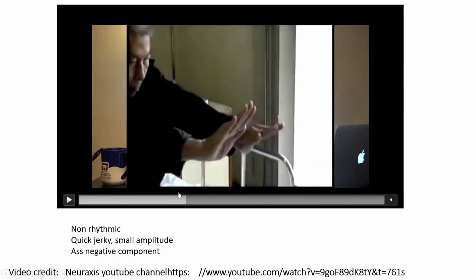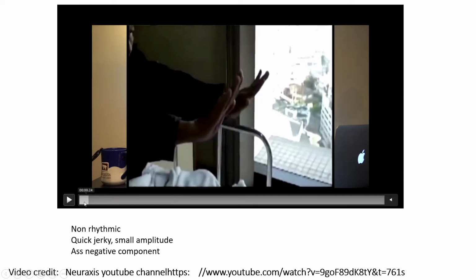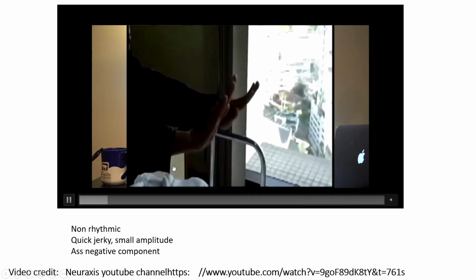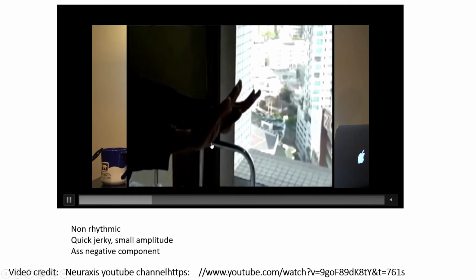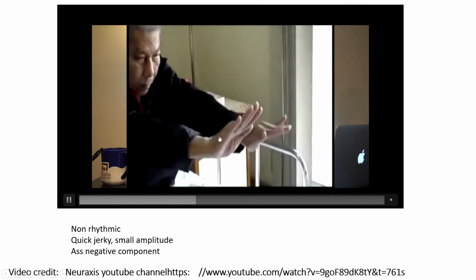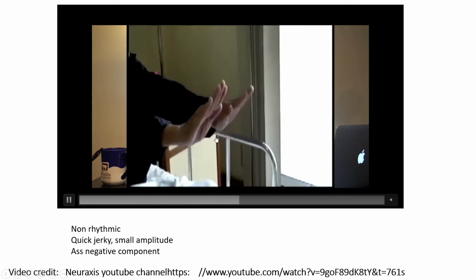So you would say, is this chorea? Definitely, this can be chorea. But as we are seeing, as the patient extends,